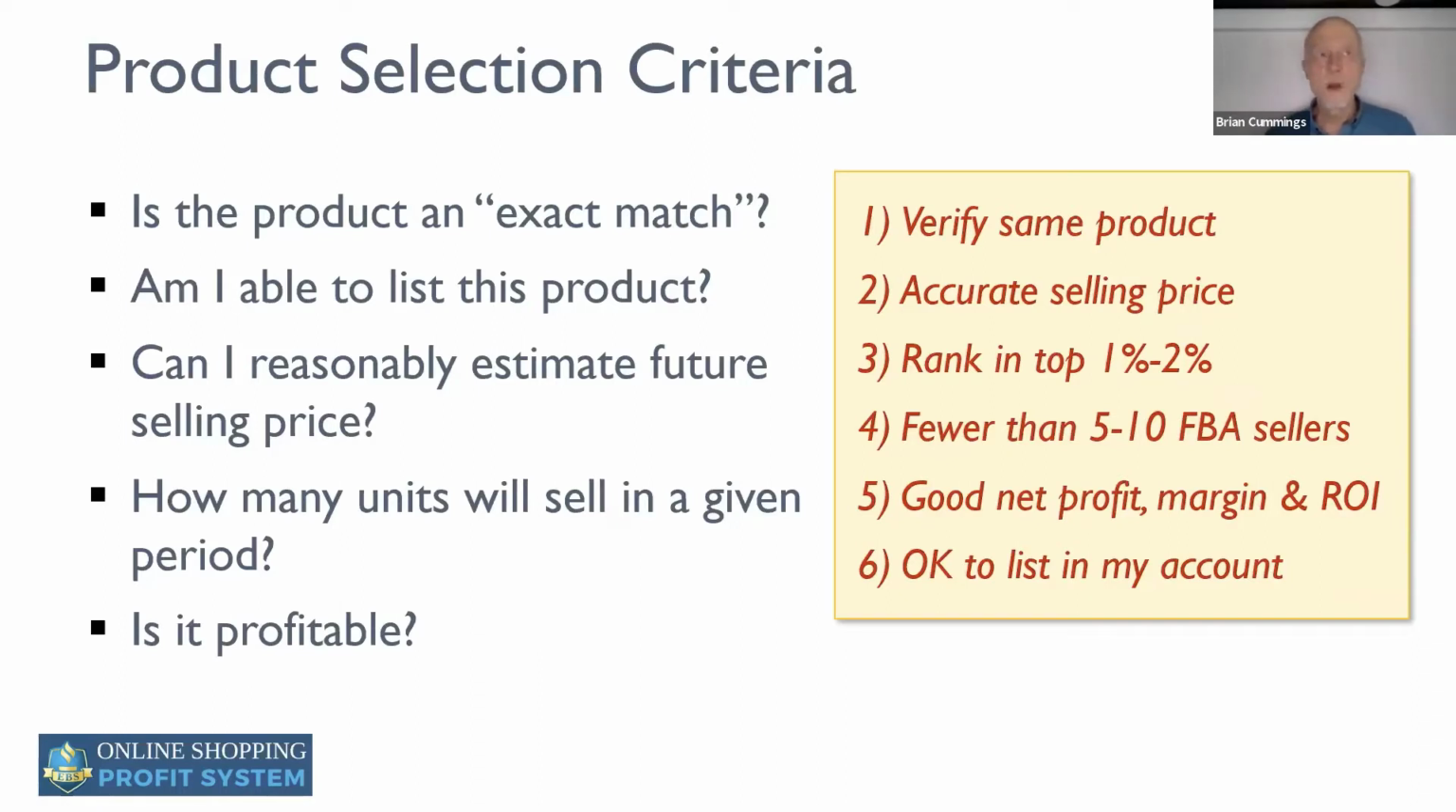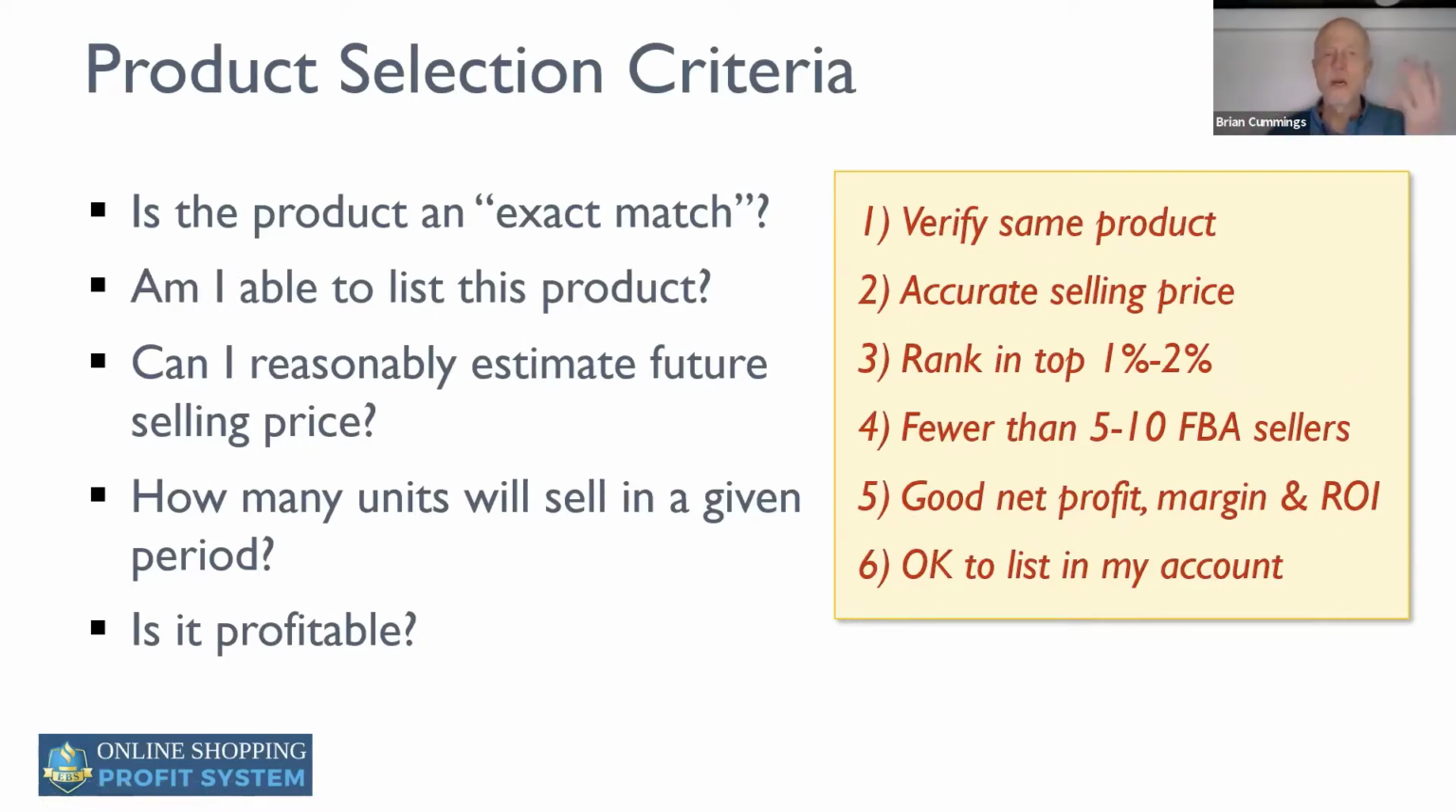And making $5 on a product that costs you $100, well, that's a very small ROI and a very small net margin. So those two numbers are important as well. Net profit, profit margin, ROI. And lastly, if all of those work right, you've got to check and make sure that it's okay to list in your account. Now, I've got that as the second question up here, but as I go through my checklist